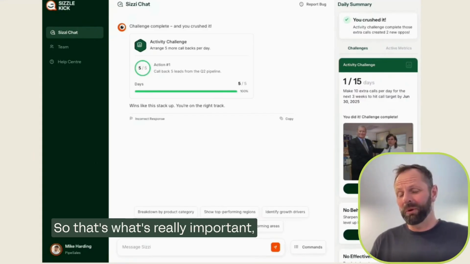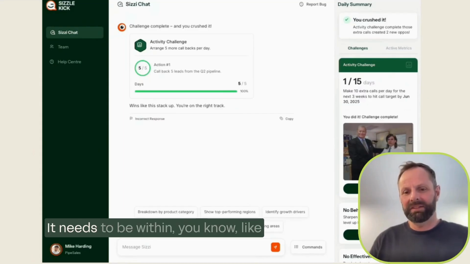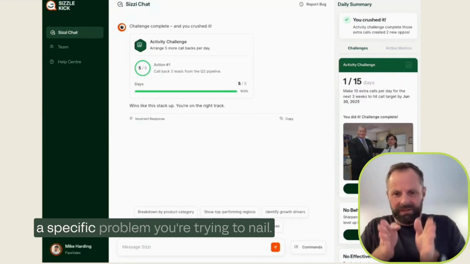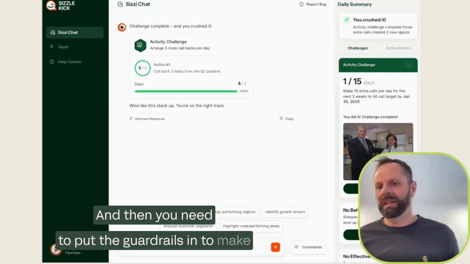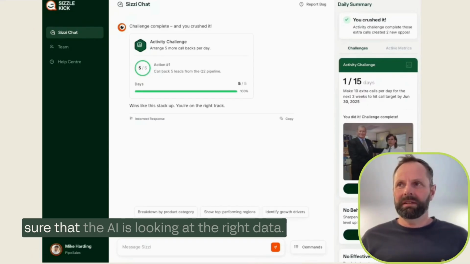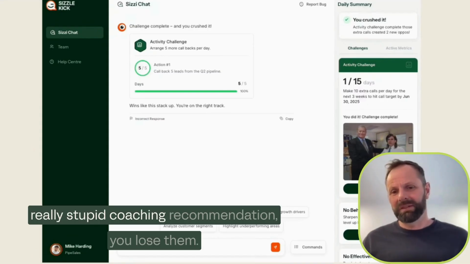So that's what's really important about the application of AI. It needs to be within a specific problem you're trying to nail, and then you need to put the guardrails in to make sure that the AI is looking at the right data. And then you need to be really careful about hallucinations, because if you give somebody a really stupid coaching recommendation,